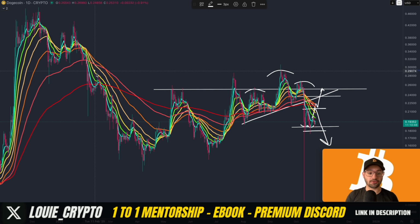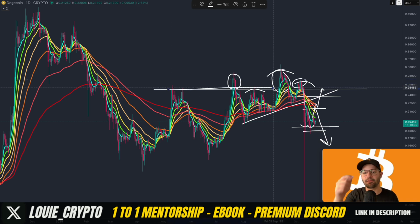Briefly, to remind you, we had this macro double bottom. Pretty much the entire year has been taken up to create this bullish pattern. And there were multiple failures over here and here. I was making a video saying we've finally seen Dogecoin breaking out. All it must do is hold above the neckline, and each time it fell back to the neckline, it didn't hold up. Once it lost support, it was confirmed as resistance, attempting to continue lower, lower than this low, in